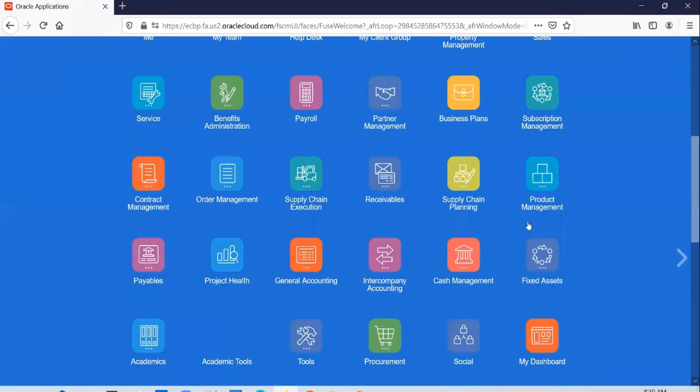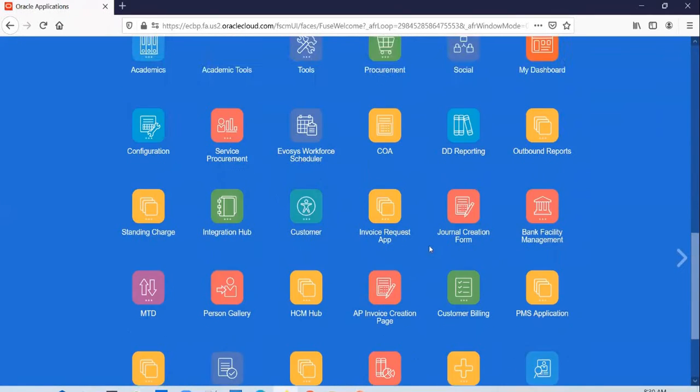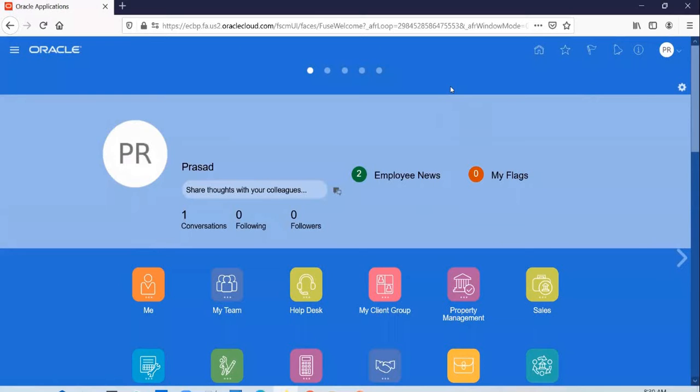Okay, so you could see the latest change that was deployed with the help of a sandbox.